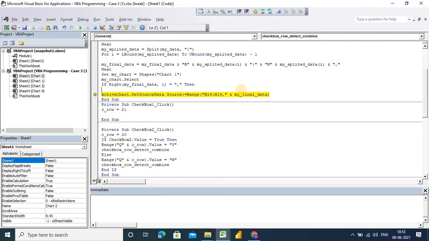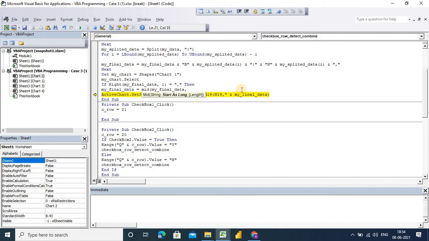Then my final data should be like this. Mid is basically taking the string from the particular part. So this is my first criteria.